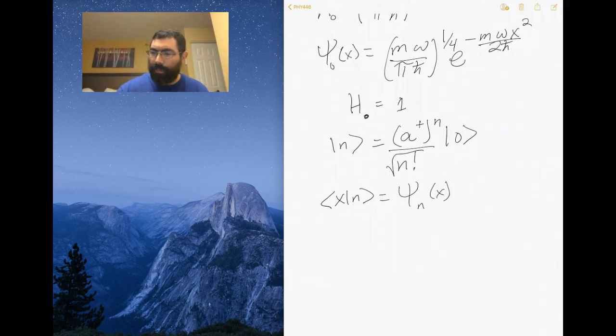And so then the wave function is equal to 1 over the square root of n factorial times 1 over the square root of 2 times the